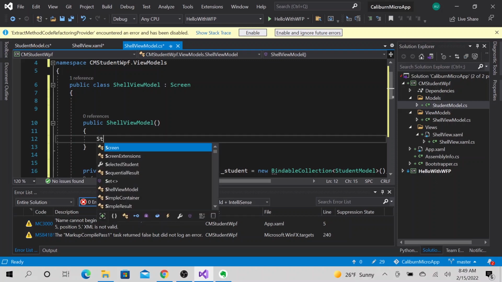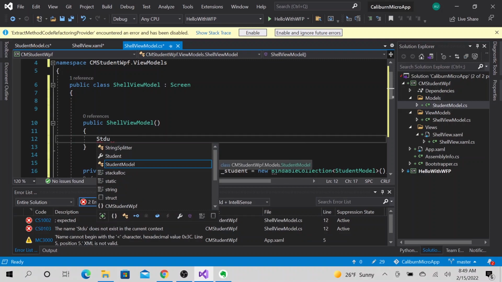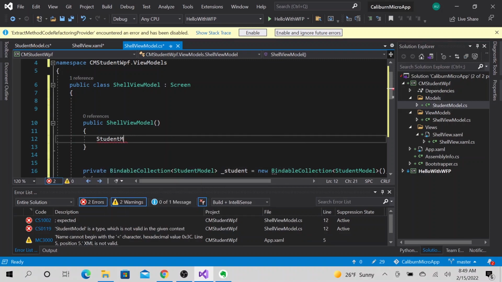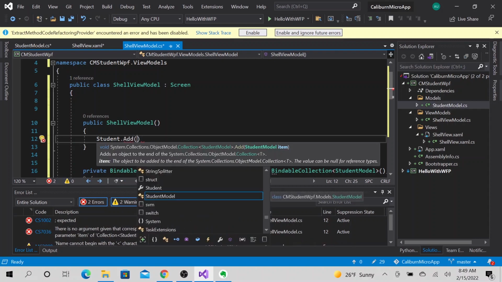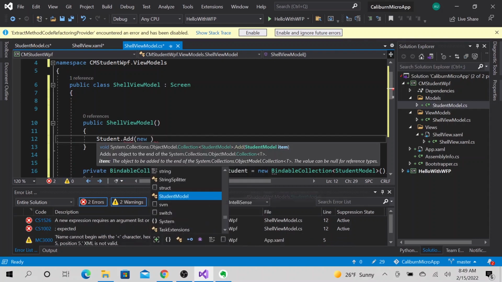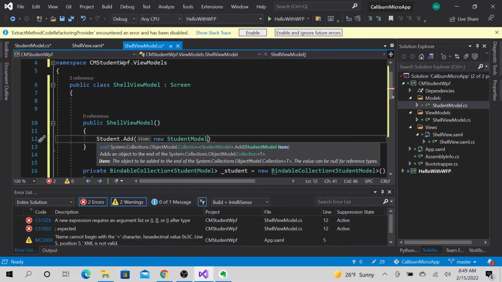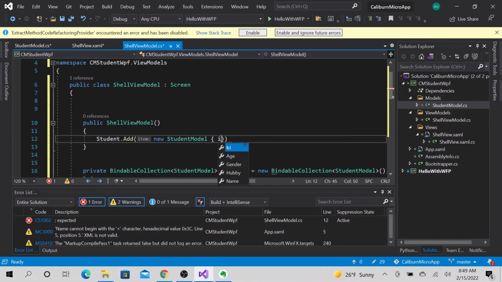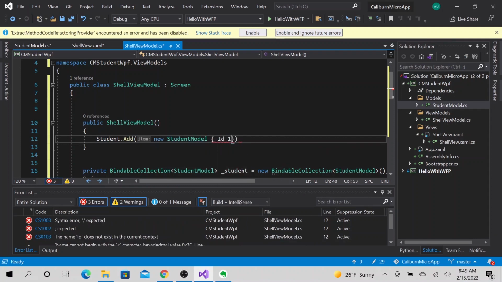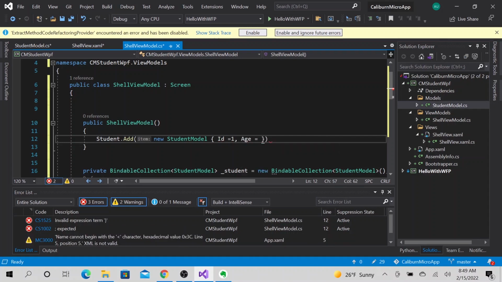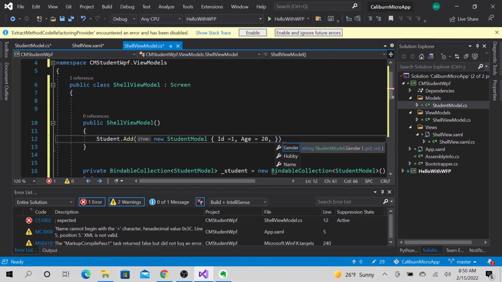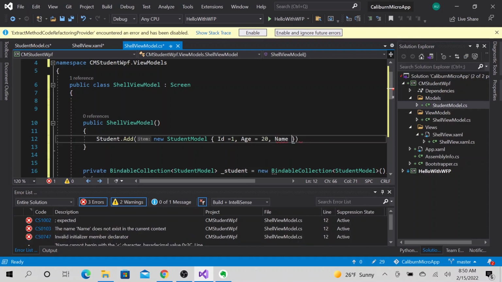So let's go ahead and say Student.Add. So we want to say new StudentModel, ID is 1, age is 20. Let's say that person is in college. Name is